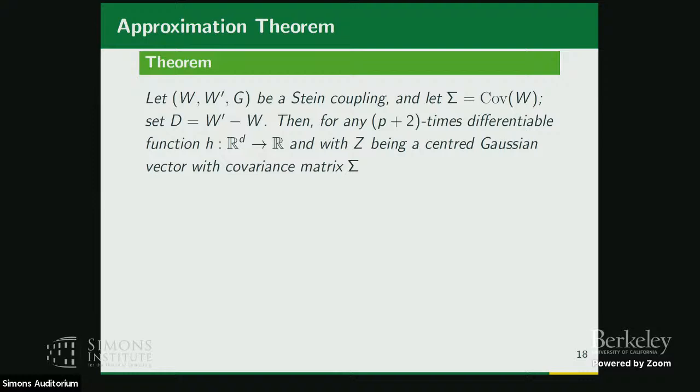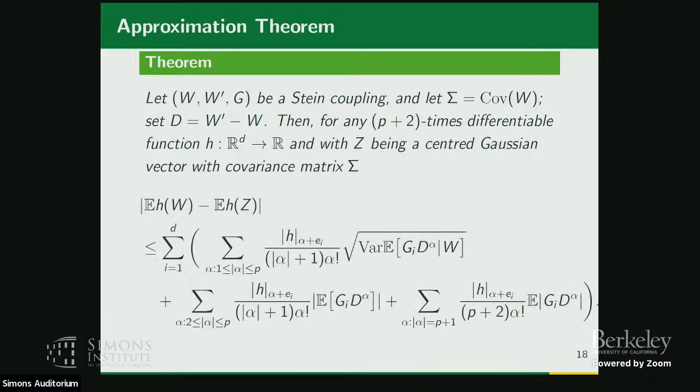Now, how does that coupling help you with Stein's method? If you have a Stein coupling, and let's say sigma is the covariance matrix, and you take D to be the difference between them. The idea here is basically that you want to take the Taylor approximation of a function at W around this W prime, which is not too far away from W. So this is the distance, the difference between the two vectors. Then for any p plus 2 times differentiable function h, and Z being the Gaussian random vector with covariance matrix sigma, what we've shown is that